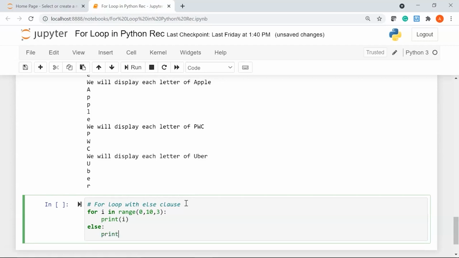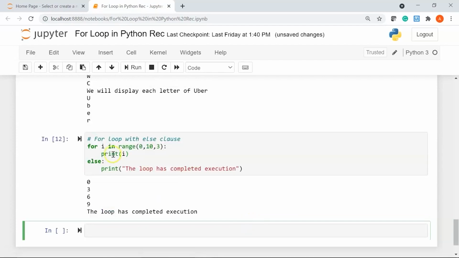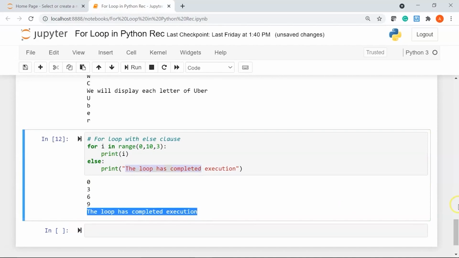So I'll write else, print the loop has completed execution. So this is my message that we are going to print after we have printed all the elements that are present inside this range function. Let's run it. You can see here we have printed the values starting from 0 with a step size of 3. So we have 0, 3, 6 until 9, and then after that we have our else block printed, which has the message the loop has completed execution. Cool.